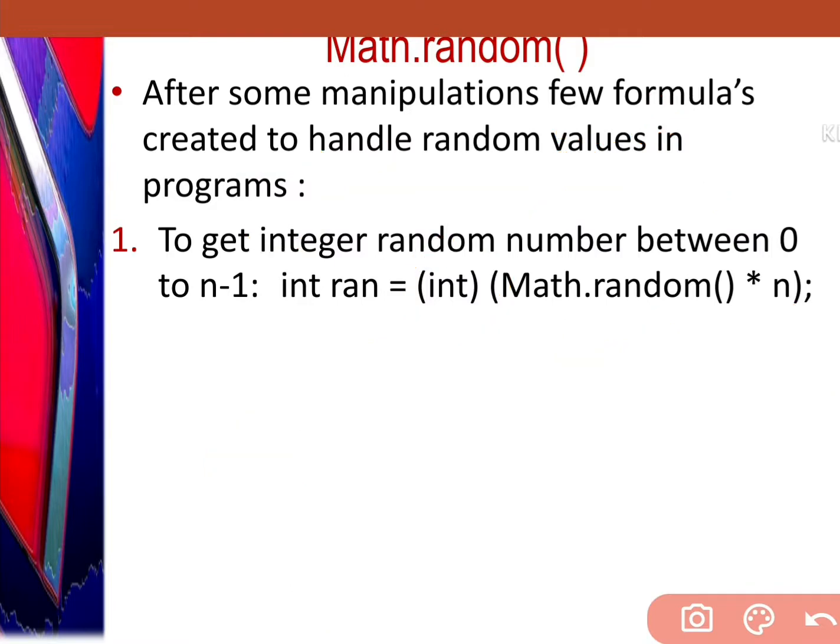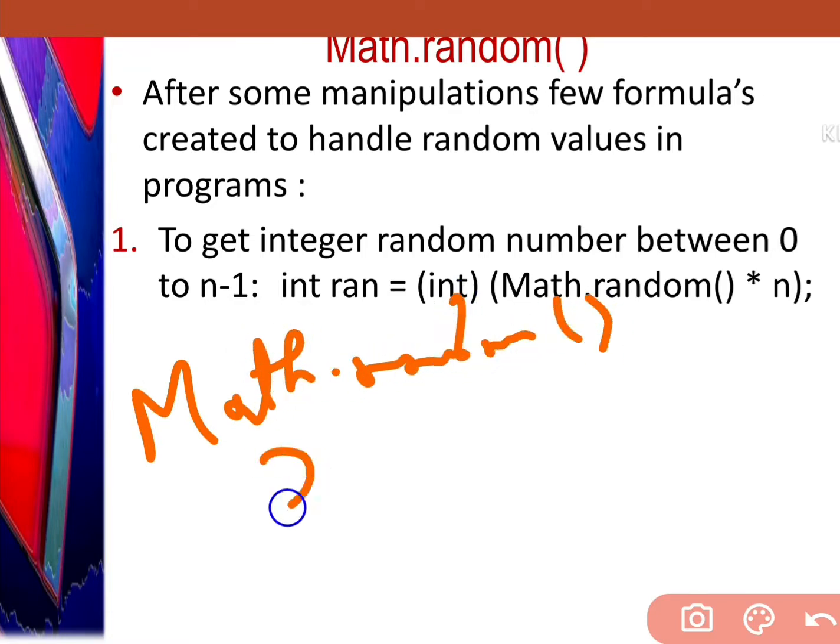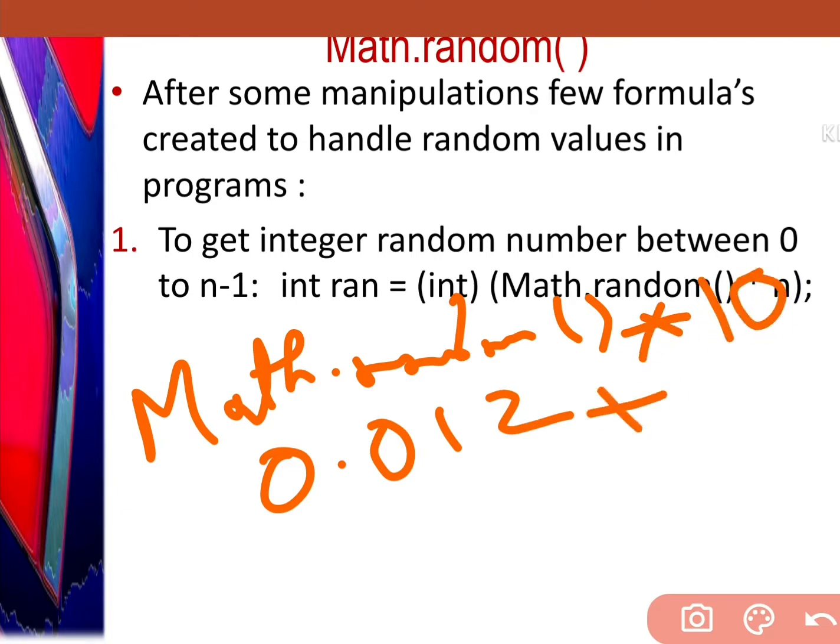The same thing I'm telling you in this way. If math.random provides us the value 0.012 and we multiply it with 10, what will happen?